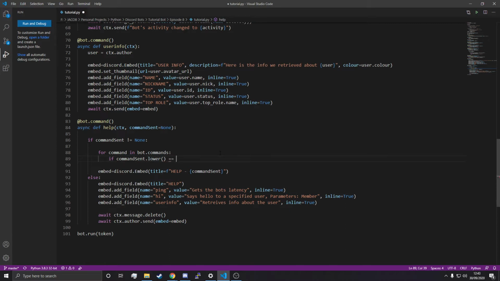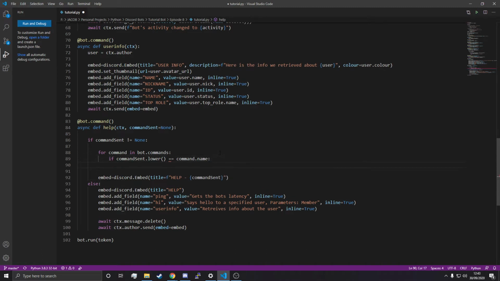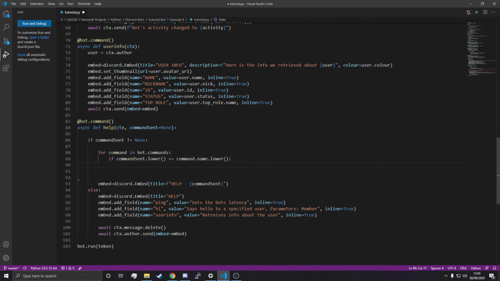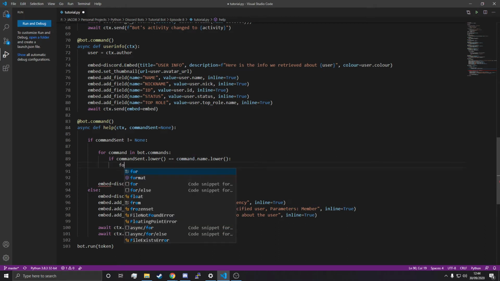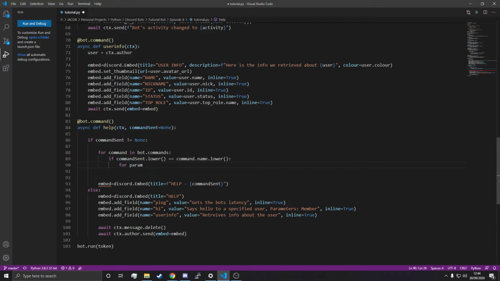Equals, no, equals command.name. And if that's the case, we need to do dot lower here as well. And if that is the case, and we find a command with a name, all we want to do is get the parameters. Okay, so to get the parameters, what we do is for param in command.clean_params,